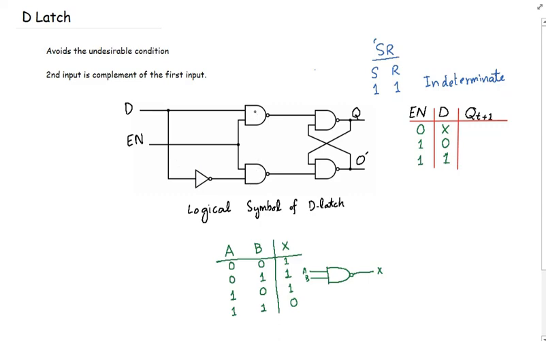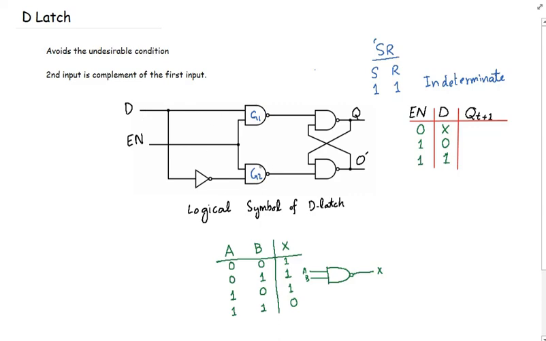Okay, so for example, if this is gate number G1, this is gate G2, and we have enable signal. So this circuit is exactly the same like the SR latch with the controlled input. If you have not gone through it, kindly watch the last lecture before this one. So we have data as a primary input directly applied to gate number 1, and its complement is applied to